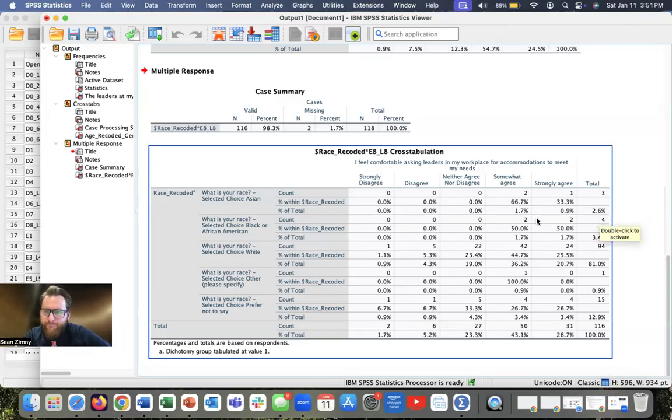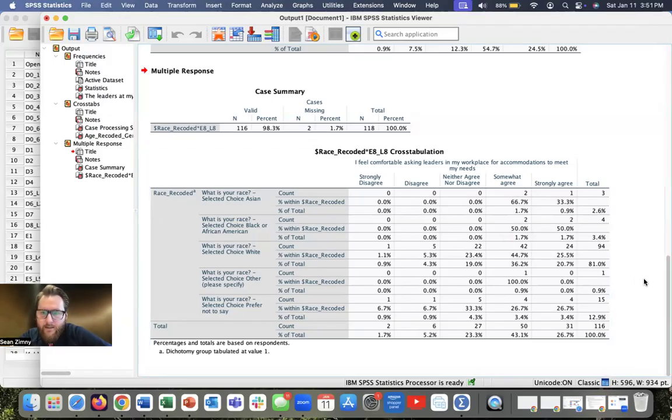So we're going to look at the count within race recoded. We don't want count of total. We want count of race within. That's the thing we're going to look at most. So we'd say, for here, 50% and 50% of strongly agree for Black respondents. So you could say all Black respondents in this survey agree or strongly agree with this statement that they feel comfortable asking leaders for workplace accommodations